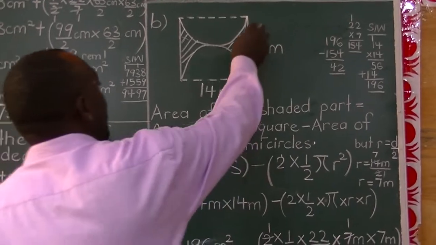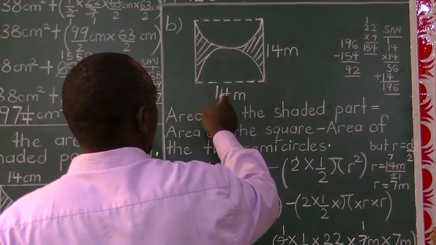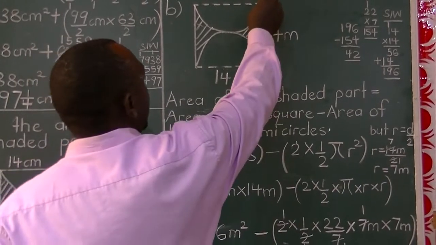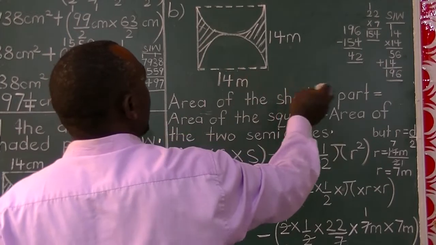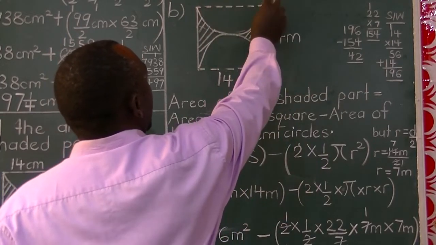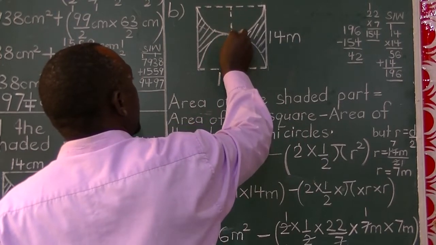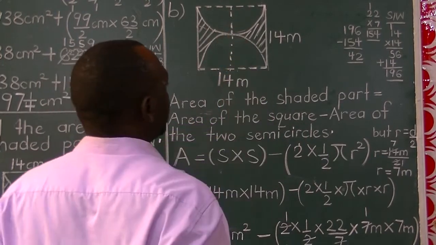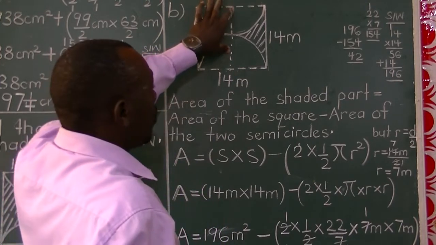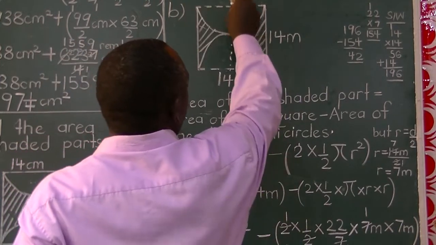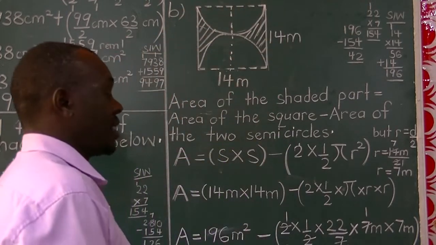So you see, here they are only giving us 14. Of course, this is a semicircle and this is a semicircle. Then when you analyze, this is the diameter, and therefore this becomes a radius, and this one becomes a radius. If the two radii are equal, we join them to make one diameter. So this is a diameter, this is also a diameter. Therefore, the whole shape outside is a square.